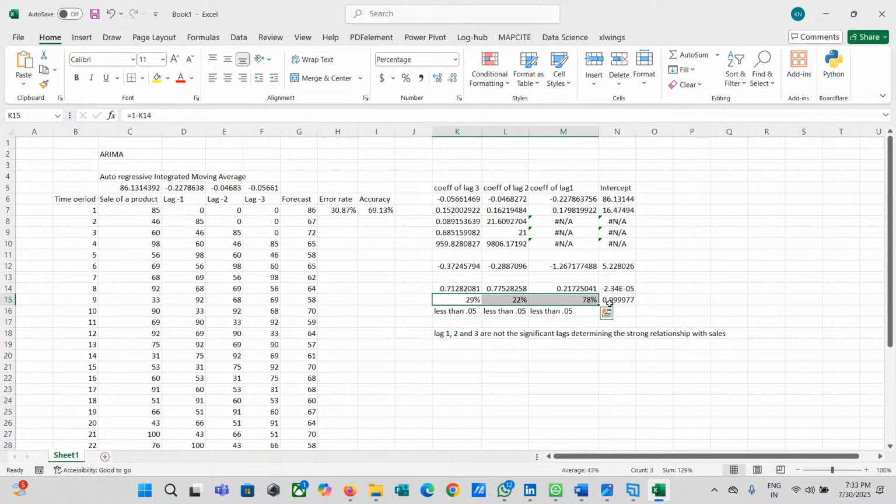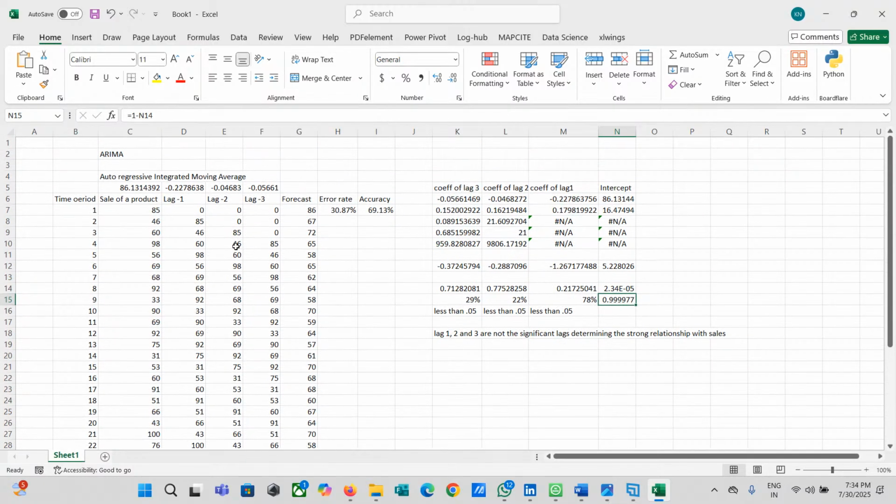So what we're clearly saying is that there is a very poor relationship between lag 1, lag 2, and lag 3. Of course, lag 1 is doing better than lag 2 and lag 3. What we want is that each variable, or maybe a couple of variables, should show a probability of having a relationship with the sales of at least more than 95%. Right now none of them is close to that range. Only the intercept is showing great relevance. So if I avoid my coefficients 1 to 3 and just take a basic naive forecast, I will do better in this case.